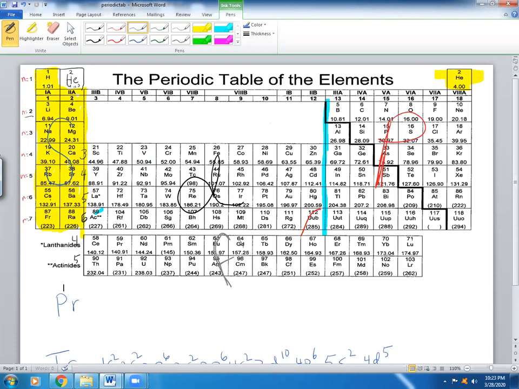No disagreement on this. We agree. So this is 1s2, 2s2, 2p6, 3s2, 3p6, 4s2, 3d10, 4p6. Yes, I'll show you the abbreviated method. Okay, so we're right here: 4p6, 5s2,